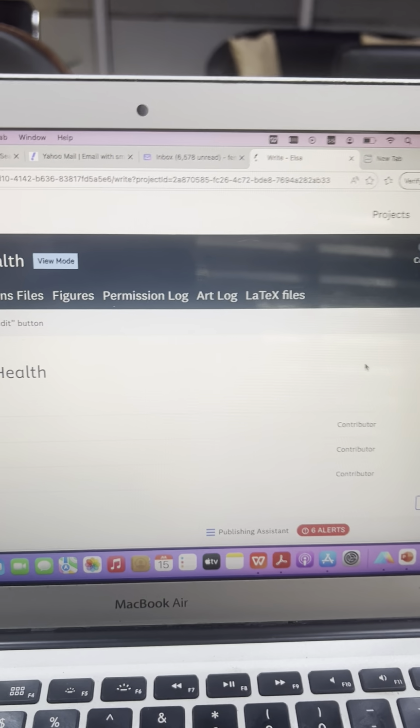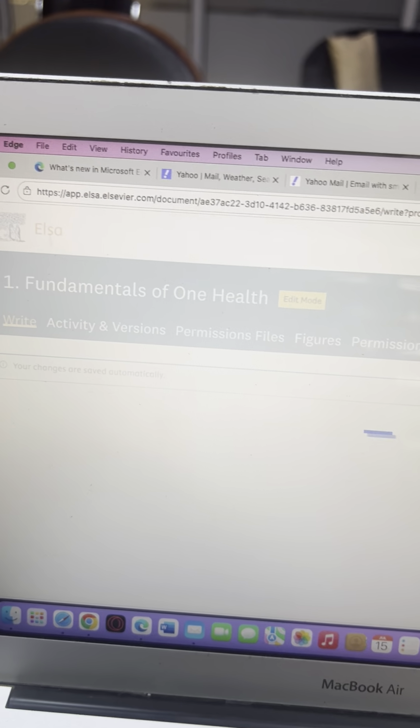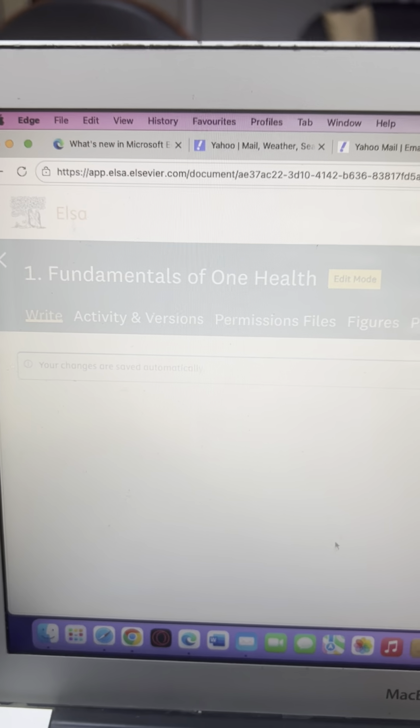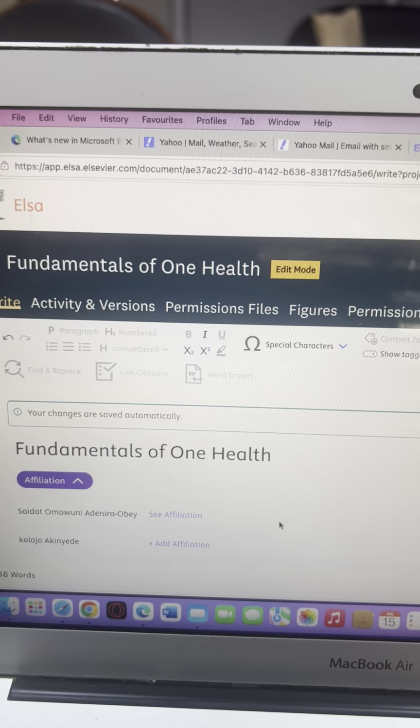This is the part where you will be able to edit the chapter, because you must be able to edit for you to be able to input anything into the working page. So only one person works on the page per time. That is why we have been assigned